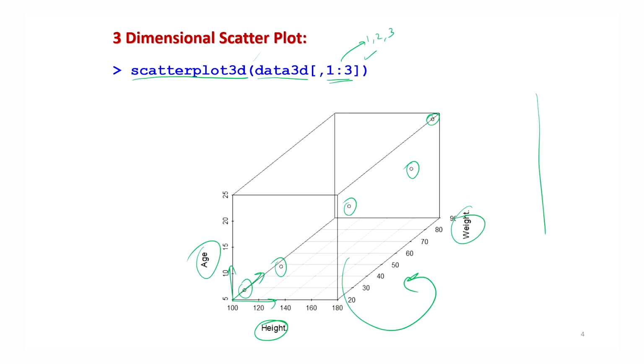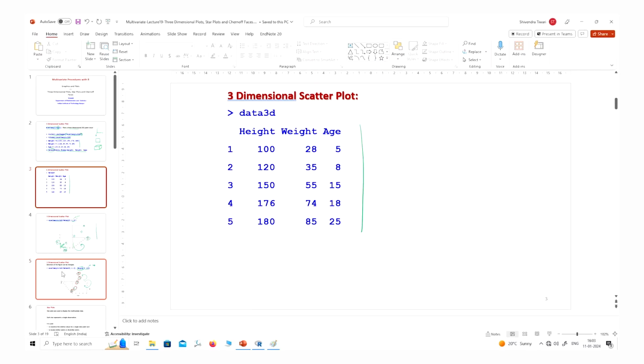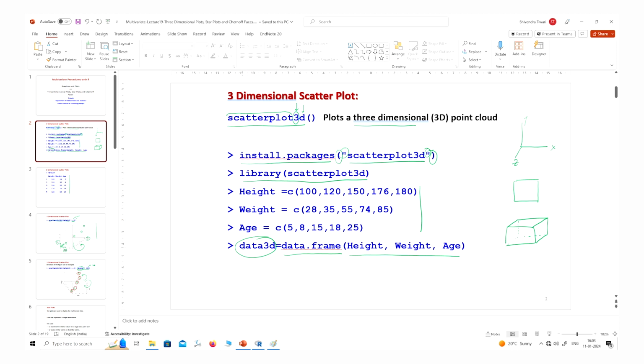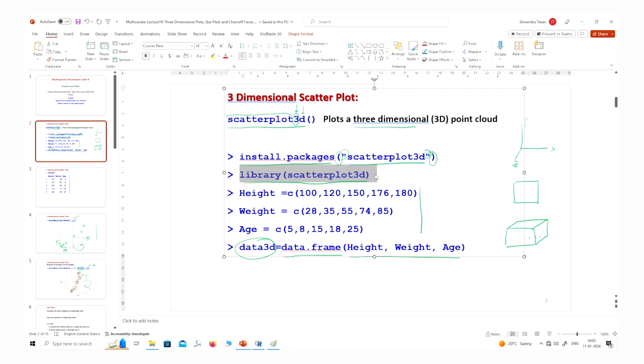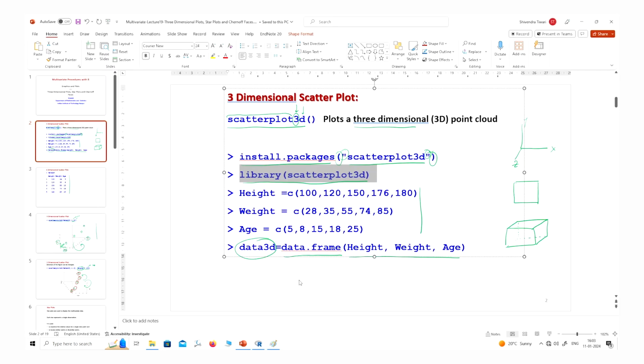So now let me try to show you this on the R software, so that you become more confident. If you try to see here, I have to first load the library, and I have already copied this data: height, weight and age. Now I have to create a data frame, right?